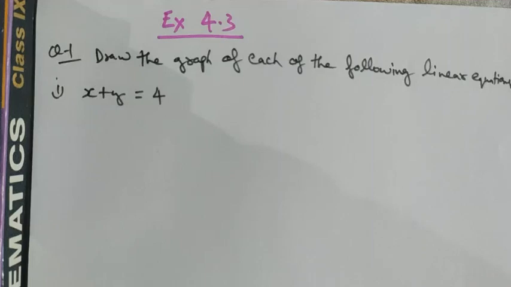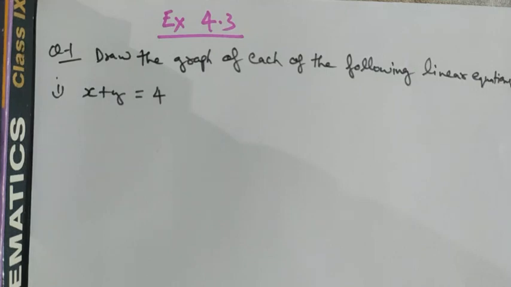So 2 points are always collinear, but 3 points are not necessarily collinear. If we are doing something wrong, then our 3 points will not form a straight line. So in this way we can check also. That's why I always suggest to find 3 points, 3 solution pairs, and then plot the line.